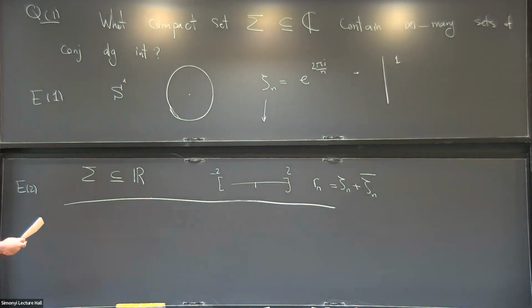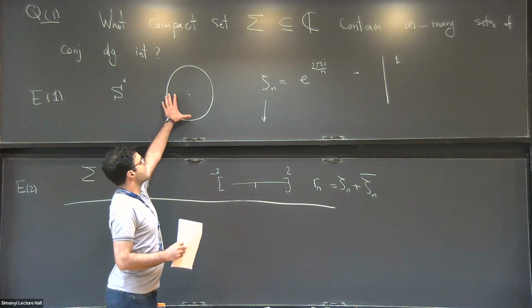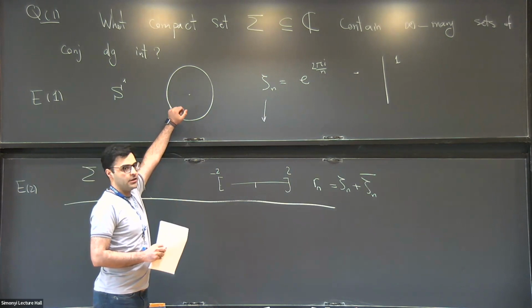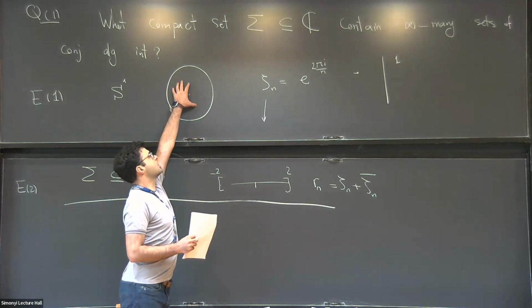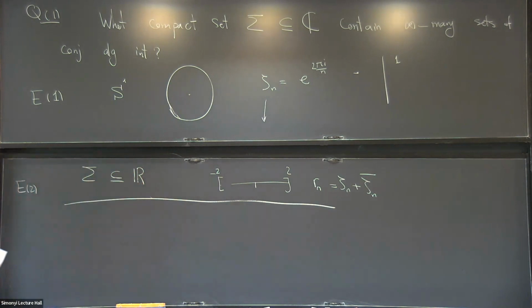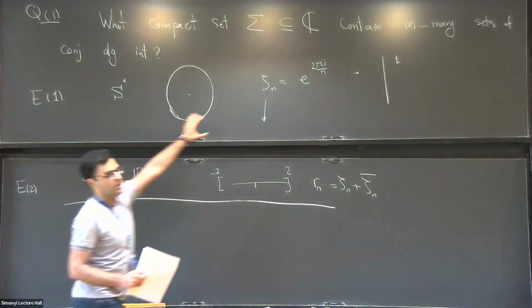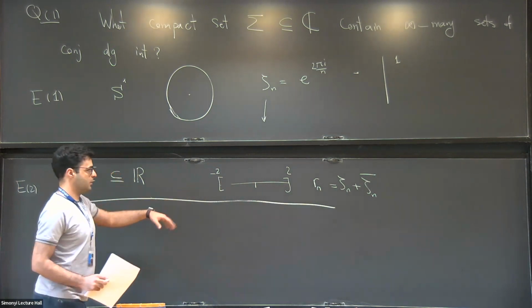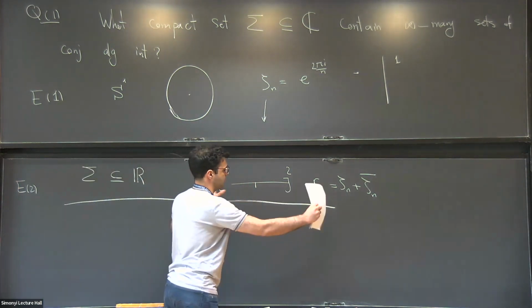When you say shrink the circle, do you mean just take part of the circumference, or a smaller circle? Both of them. If you take part of it, there are only finitely many. Or if you take a circle with a smaller radius than 1 and place it anywhere in the complex plane. Same with the interval. If you shrink it or move it,